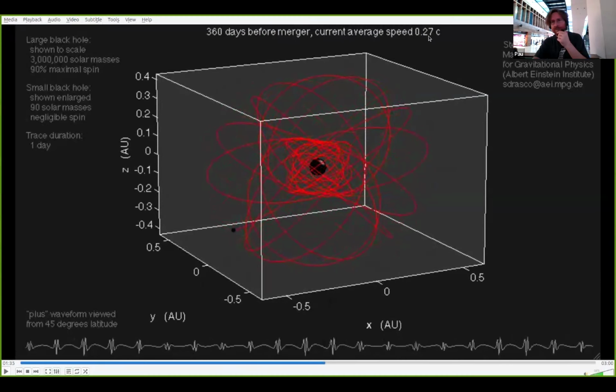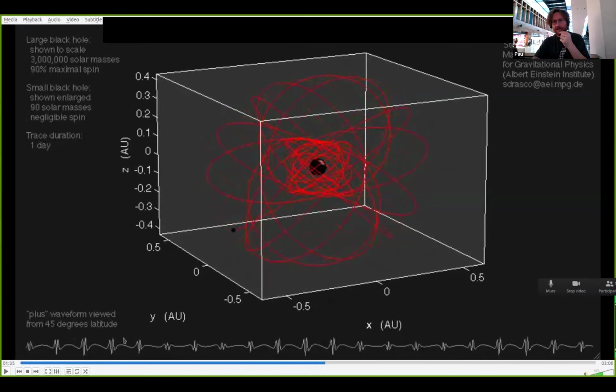Speed has gone up to 27% the speed of light, and the structure of this wave, this polarization, which is the plus polarization, becomes more and more complex, which is very interesting, because you will have more information contained here, but it is going to be also more and more complicated to extract. Now, every single one of these peaks is what currently LIGO is detecting. We're not going to get one peak. We're going to get, as I was saying before, about 10 to the 5 peaks. So this is going to take months, if not years. So we have years of coherent data from a single shot.